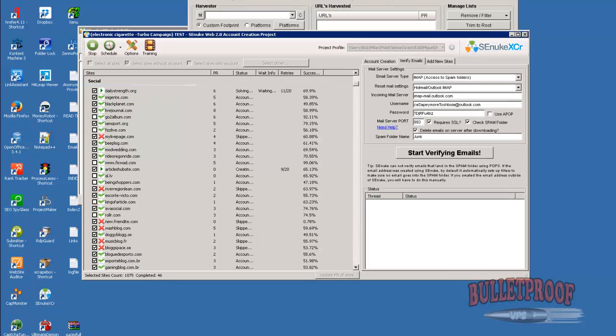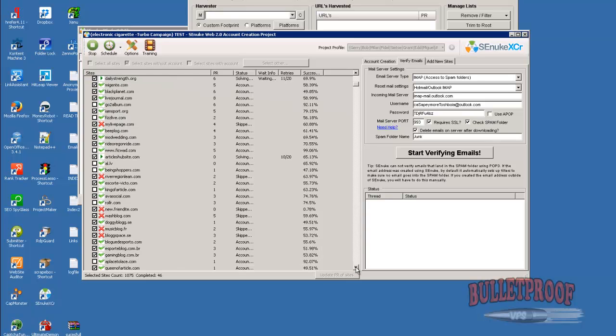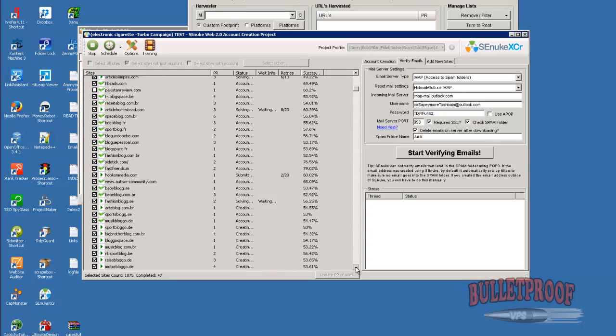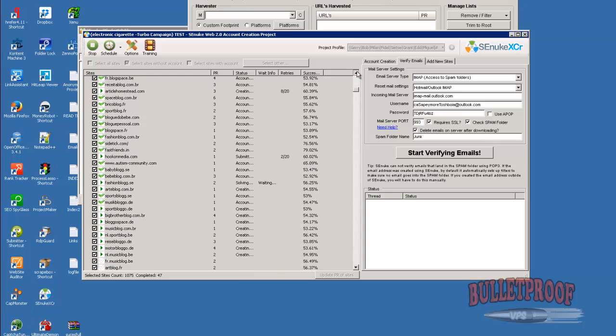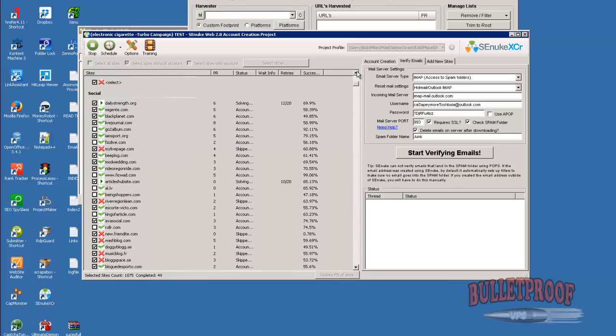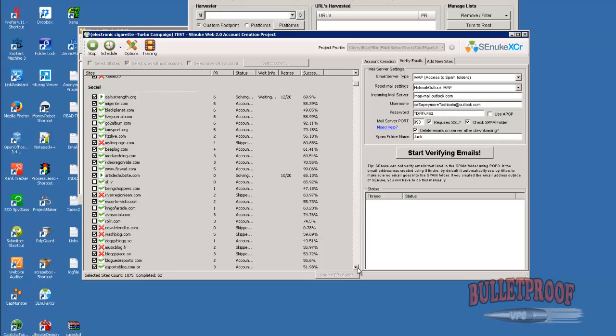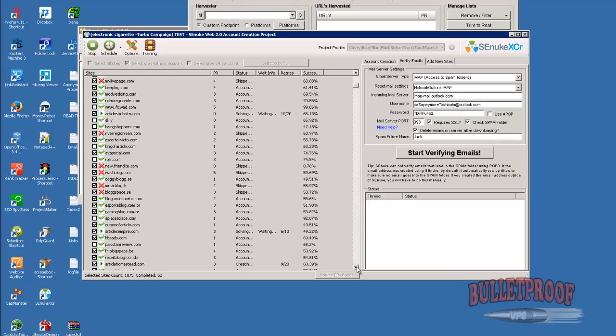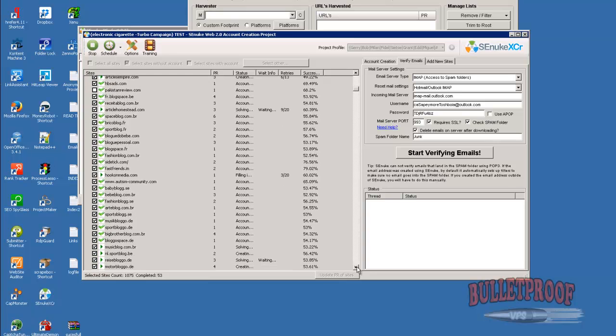Okay, so I'm just checking in here, to show you guys how good this is going. If you can get as good of a success rate as this, then what's the point in having a backup service? As you can see, it has a lot to do with the quality of your proxies, eliminating all of the slow and the medium proxies, and just using the fast ones. We use buyproxy and put them all on all the desktops, but if you're not getting as good of a success rate as this,